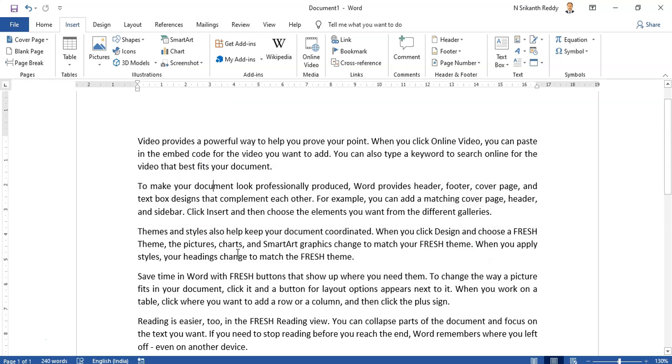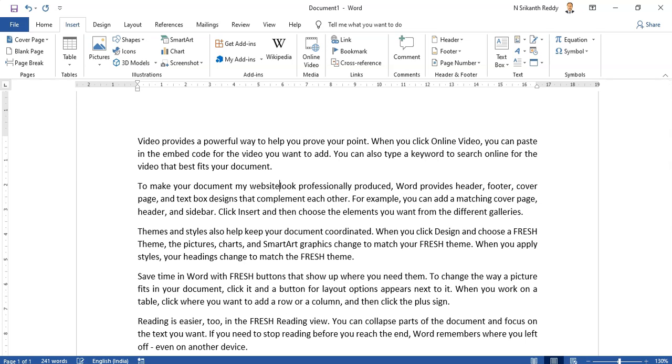Okay, so let us put it in a simple way. We'll just connect to a web page. Assuming that this is the only word I want, if I click document, it should take me to the document. Otherwise, let us say I type my website, and somewhere I say that if a person clicks the website, it will take them to my website. Let us assume that. So I can select my website, and I can insert the hyperlink.